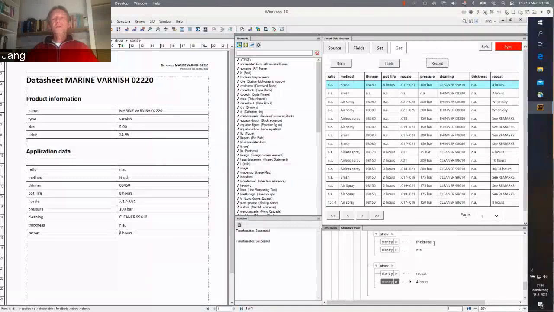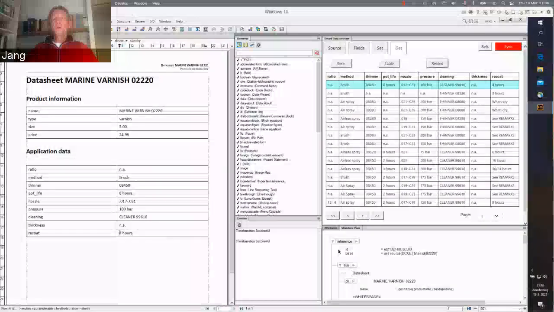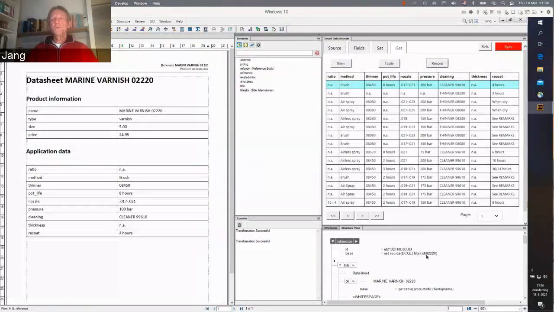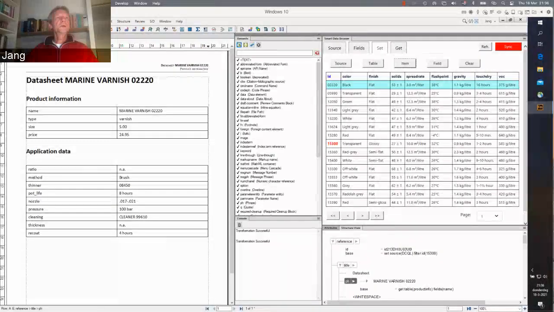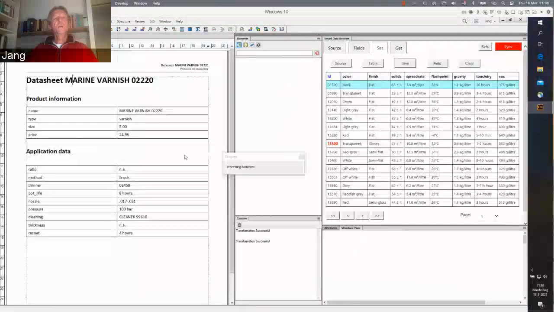Okay, so what happens if I now change the scope? So the filter ID, I can go to my, let's go back to my physical data thing, and I go to maybe 15300. And on this highest level here, I can set the item right here. And I see here that it's 15300 now. This is not changed yet. But if I save this document and I refresh the data and document,